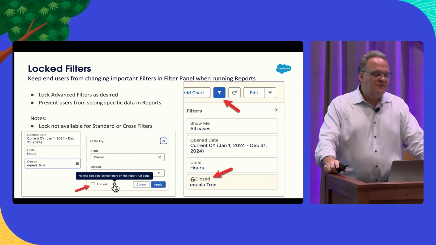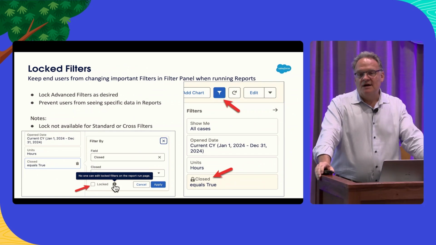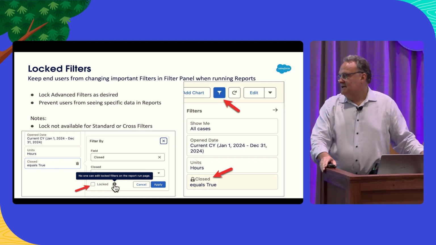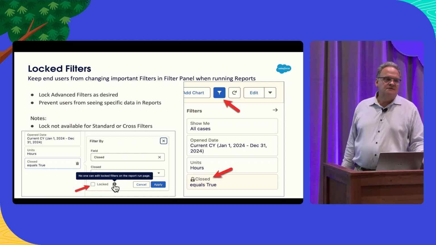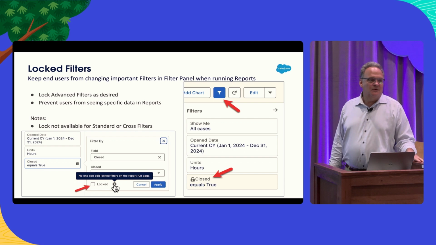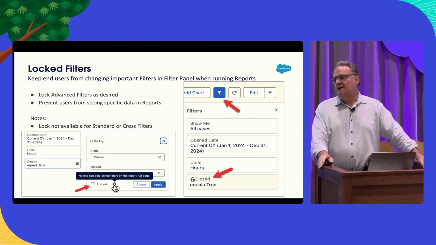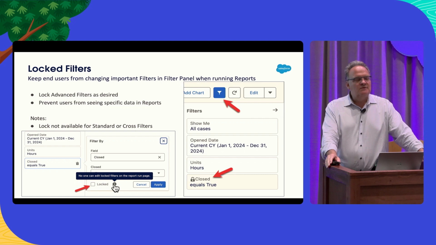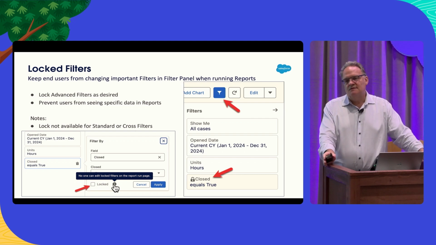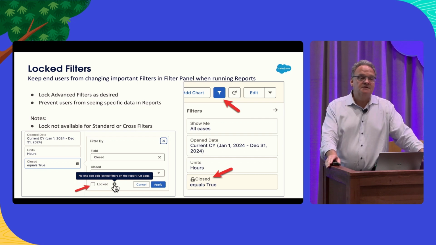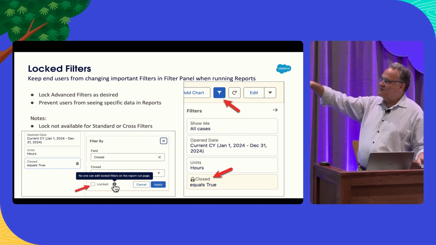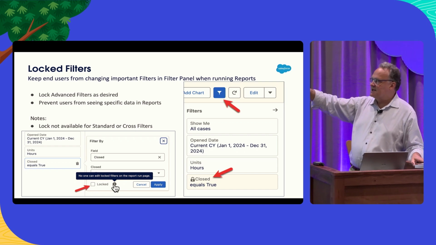All right, another filter basic is this little tiny checkbox that you may have noticed, the word locked. So on the left screenshot, we can see a red arrow pointing to the word locked, and you may have wondered, what in the world is that for? This is a really handy thing if you have specific things you don't want people to see or you don't want them to ever encounter. So that could be bad data, it could be test data, and you just always want to filter that stuff out. So if you check that box when you add a filter to a report,